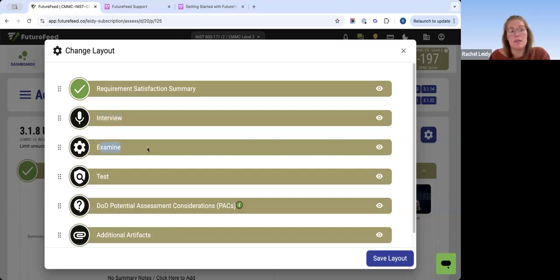And then the examine, this is where you're going to have your documentation or your evidence or your screenshots. Test, these are the tools. And sometimes they test the controls. They actually perform a test. For example,